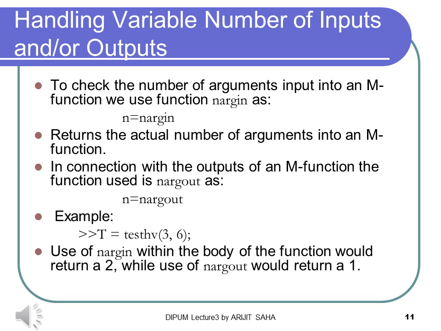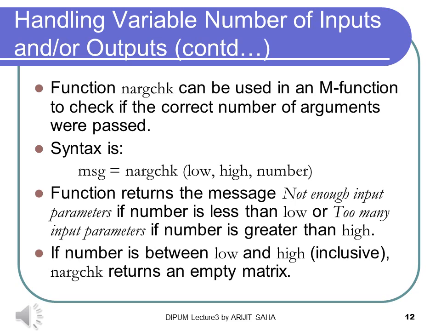We are showing here an example. T = test_hv3_6. Use of nargin within the body of the function would return a value of 2, while use of nargout would return 1. Similarly, the function nargchk can be used in an M function to check if the correct number of arguments were passed,